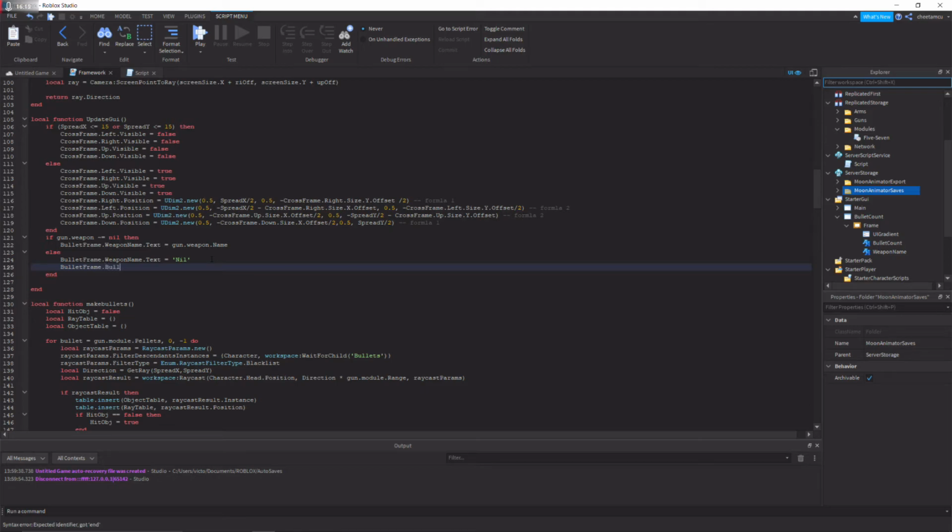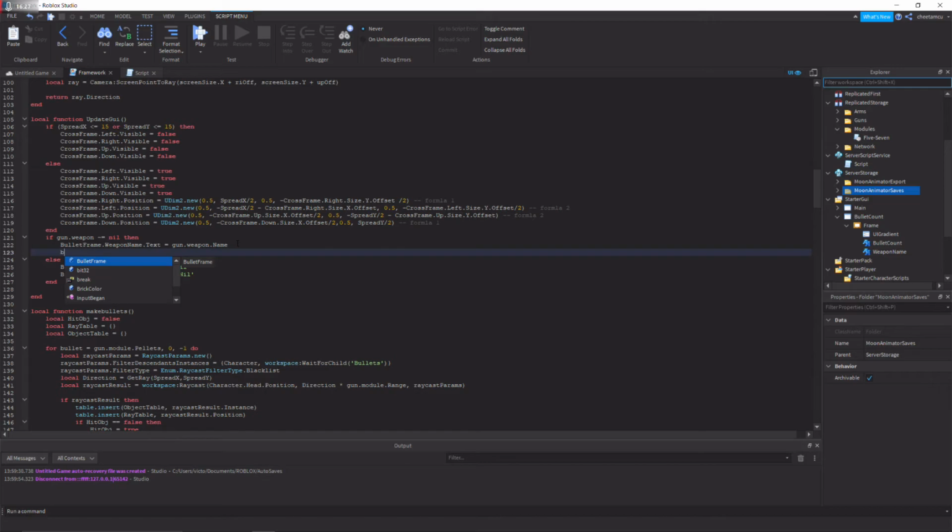And we're also going to be adding the bullet count in here as well. So we're not going to make it its own if statement, because the exact same thing would apply. So we're going to do bullet frame.weapon text equal nil, and then after that bullet frame dot bullet count dot text is equal to nil as well. And then above that, in the version where it doesn't equal nil and we actually need the proper bullet count, we're going to be making it a remote instead,